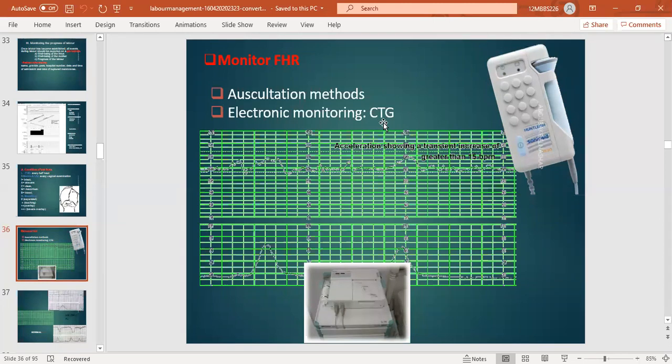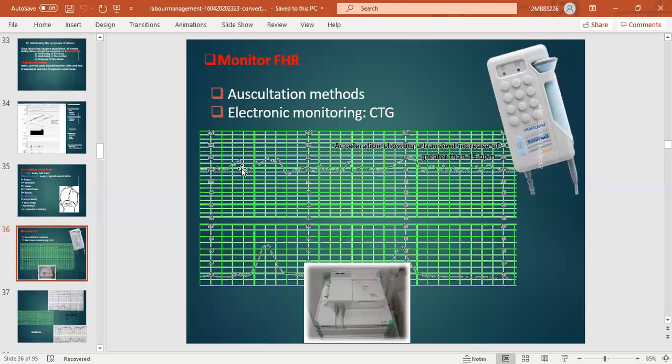This is a cardiotocography in which we assess the cardiac activity of the fetus as well as the uterine contraction. So this is the cardiac assessment, and this column shows us the uterine contractions, as well as we can assess the fetal movements. So this is the normal CTG, which shows us the normal fetal heart rate. There are 4 components of the CTG: the normal fetal heart rate, the beat to beat variation, acceleration and deceleration. These are the 4 components of the CTG.